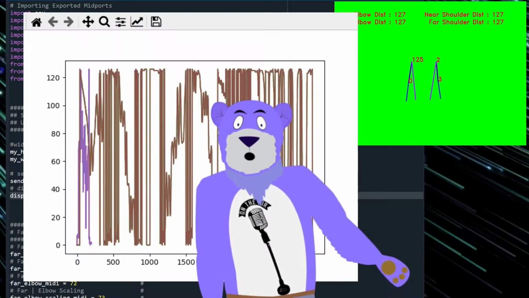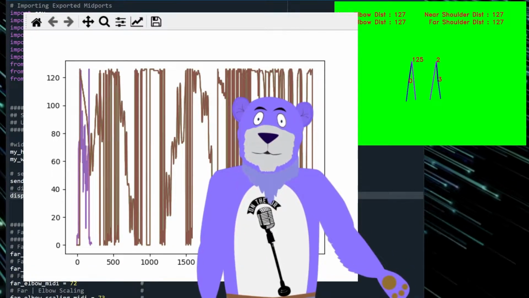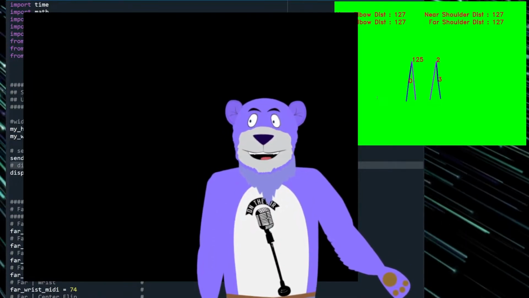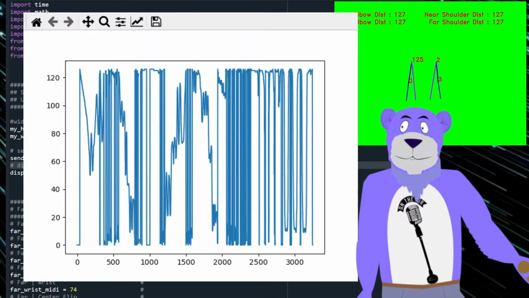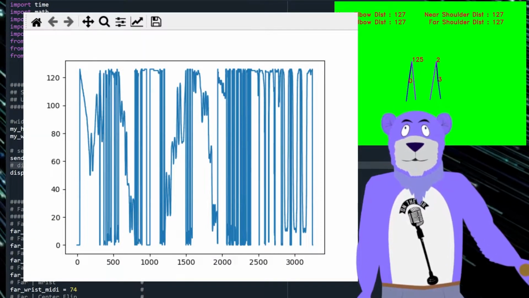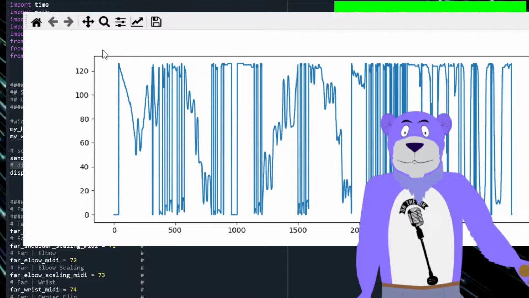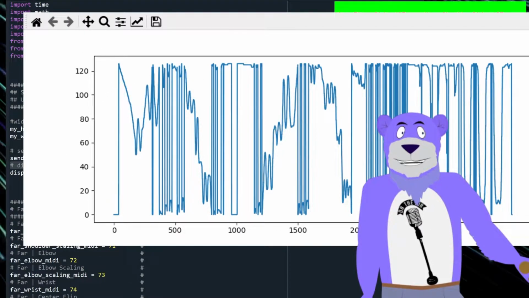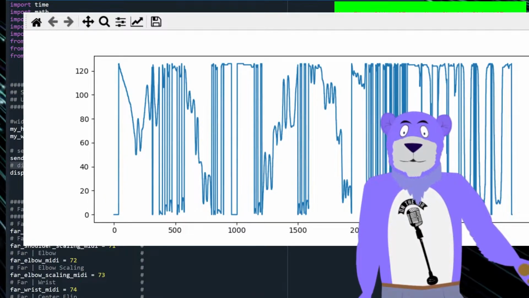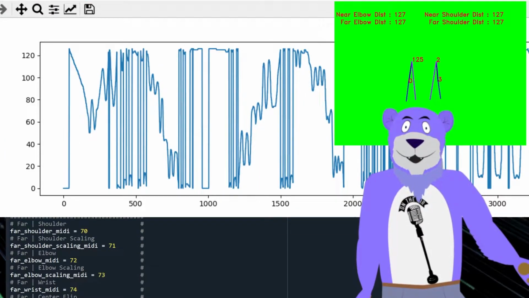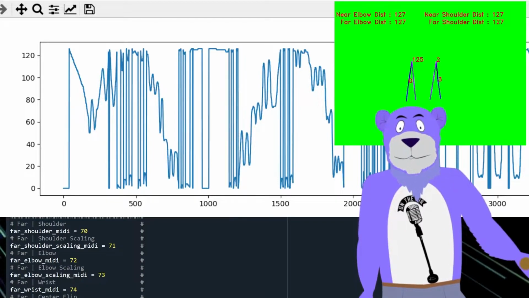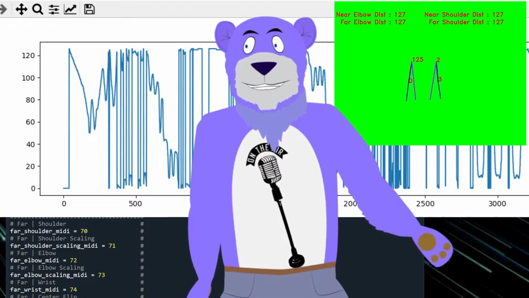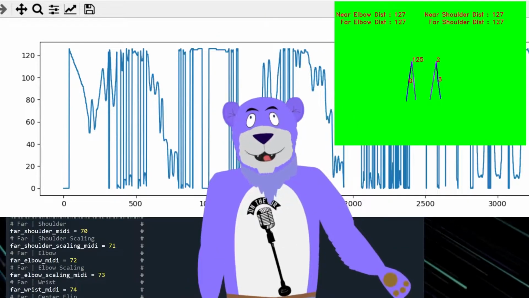Something else that we can do. When we are done, we are receiving the complete graph. So we can see a little bit of a messy graph, but what it allows us to see is the way the elbow moves as we are going through the motions. So here goes our graph, and we can look how the elbow moves and check basically how this correlates with